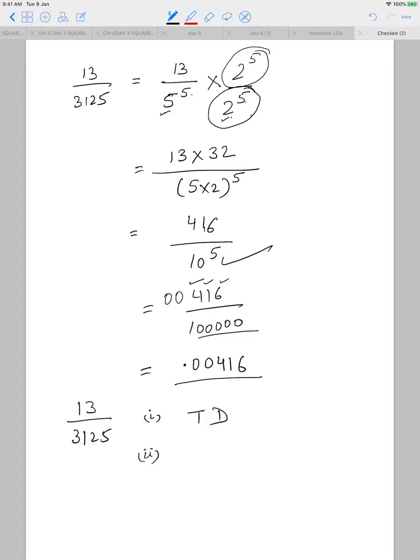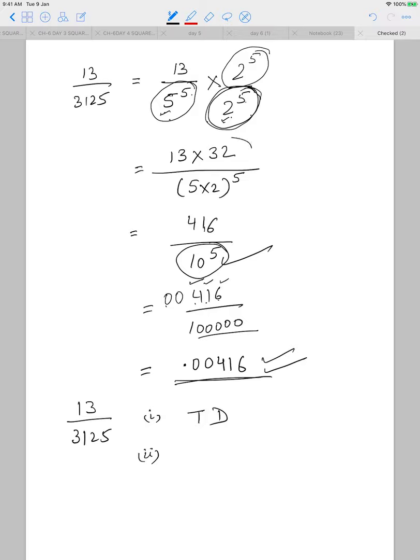Second is, if I ask you, after how many places of decimals will it terminate? In that case, I need not find the final answer. I just have to tell after how many places it will terminate. So now you look at the denominator, it is 5 raised to the power 5. So you know that we need to multiply it with 2 to the power 5, and that makes it 10 to the power 5 in the denominator. 10 to the power 5 means the decimal will terminate after 5 places of decimals, because we have put the decimal starting from here, 1, 2, 3, 4, 5 places, and then we put a decimal. That means the decimal will terminate after 5 places of decimals.